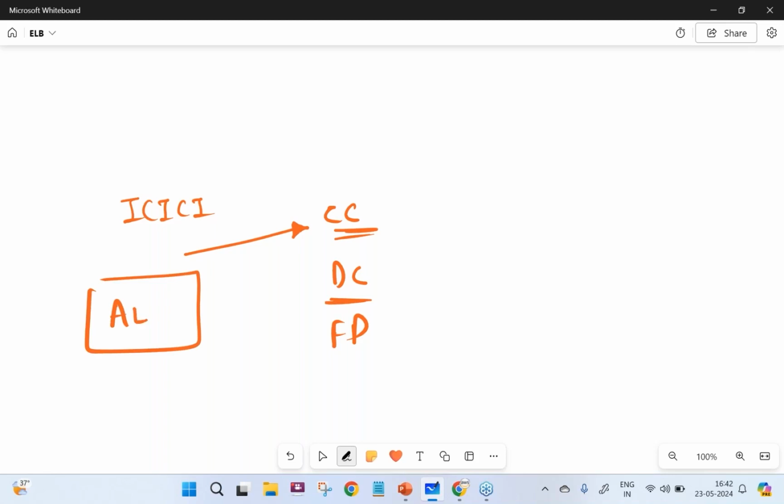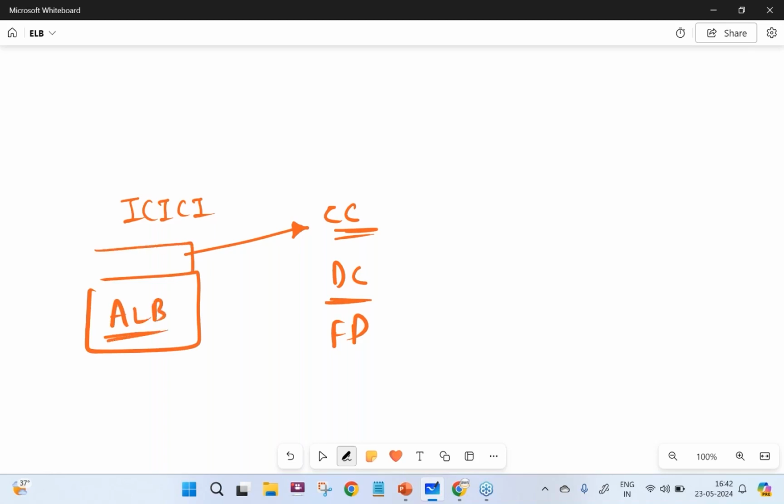Now let's take an example of a banking application, let's say ICICI Bank. You have features like a credit card, a debit card, or an FD. Let's say there are more requests for credit card or more requests for debit card. Here is my application load balancer.